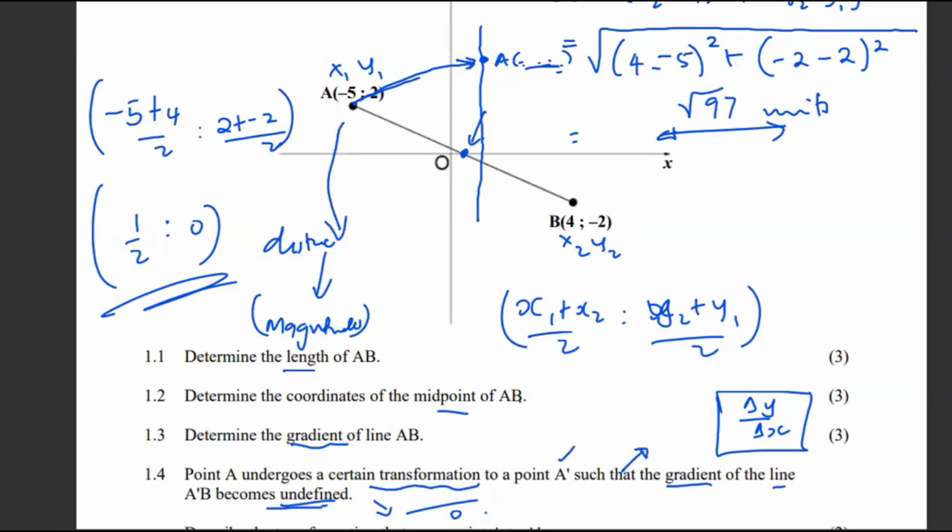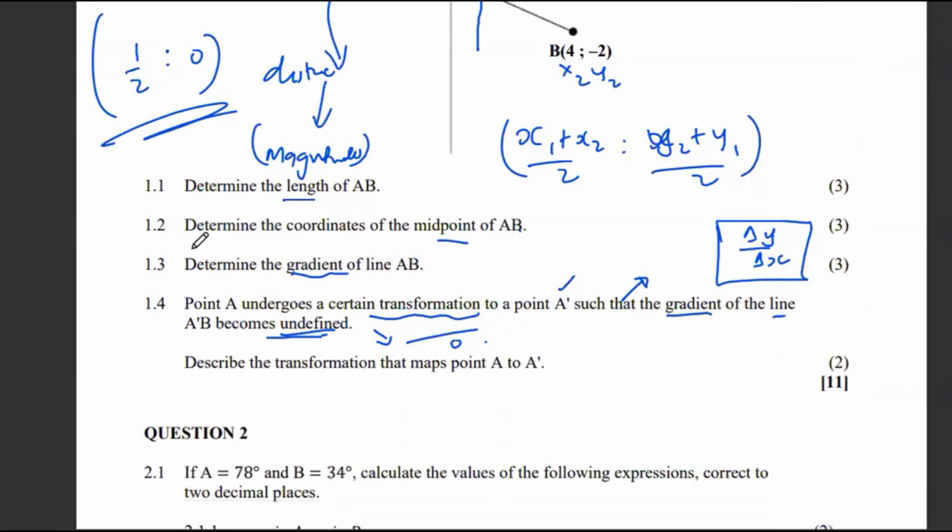Okay, so what is the question asking for? They want us to describe the transformation that maps A onto A prime. So in other words, what exactly takes place? What do we do? What sort of transformation do we do? Is it a reflection? Is it a translation? Or is it a rotation? So what I can see is that